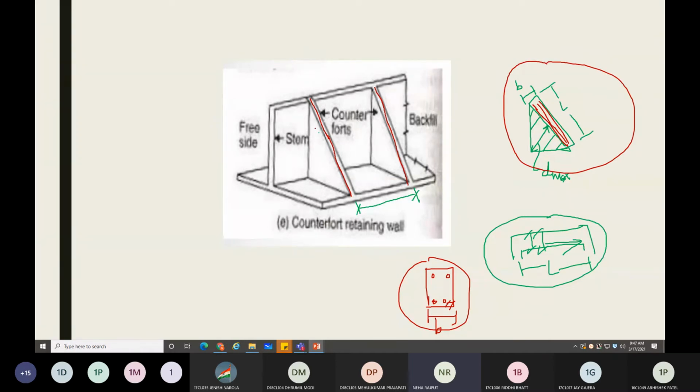Now this counterfort member is connected with this stem part and this heel part. Means you are going to provide the reinforcement which will bind your stem part with counterfort member and heel part with counterfort member. So how to do that? That you can do by providing the reinforcement which will connect your stem part and the counterfort part like this. Means you are going to provide horizontal reinforcement which will connect your stem part with counterfort member. So ऐसे आप horizontal में reinforcement provide करोगे.